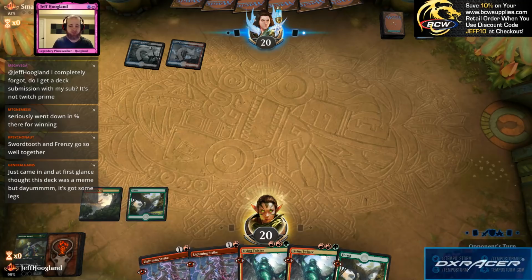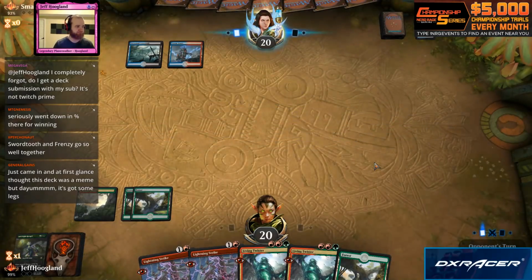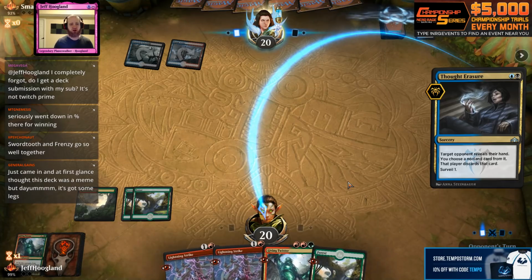Yeah, I mean, we're doing something that's genuinely powerful when our thing gets going. Rude. 2 pair. What's up? Probably losing the Living Twister. I guess if they're,